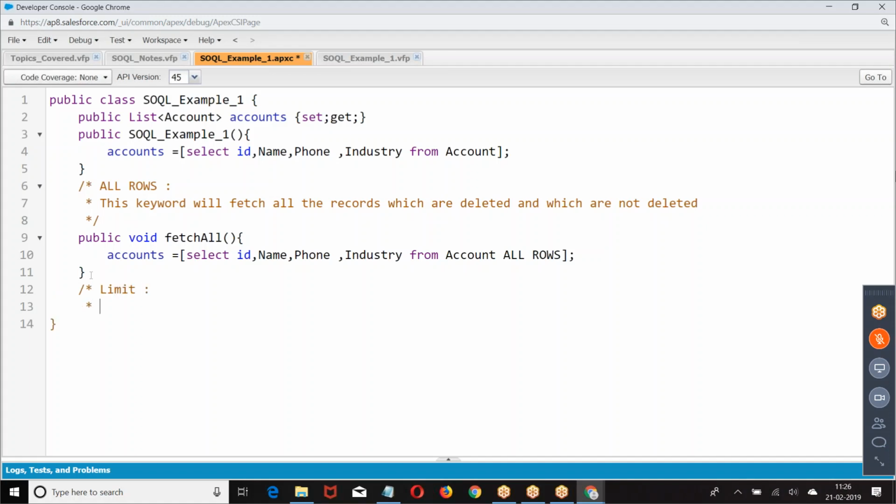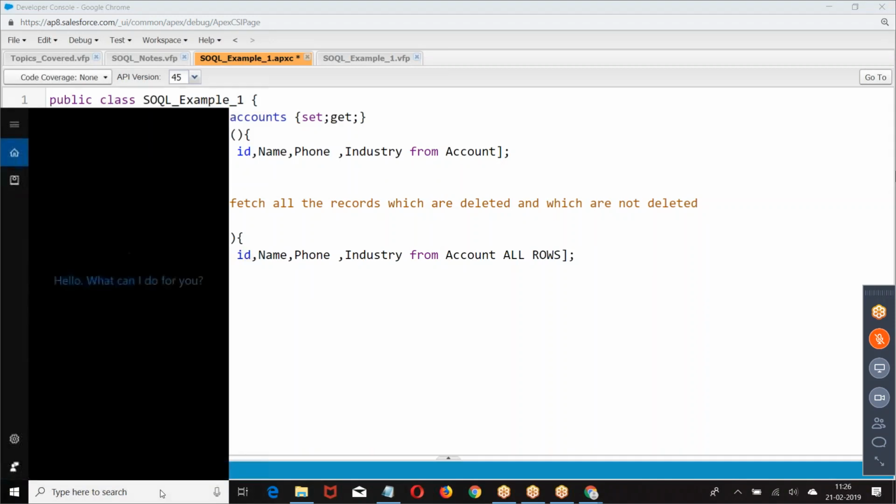Next one is limit. Boss, when you write a SQL query, try to understand the difference here.